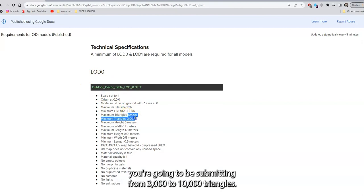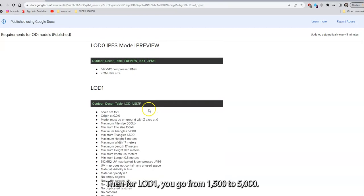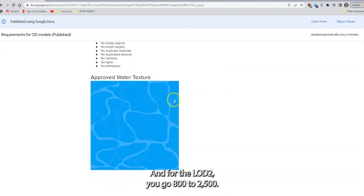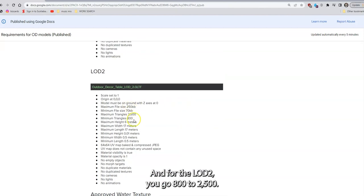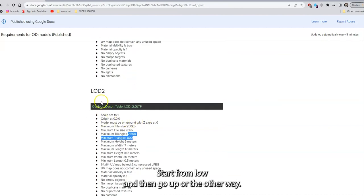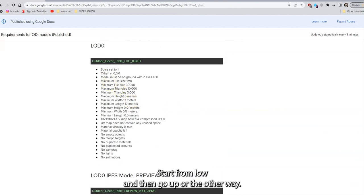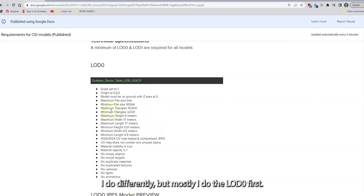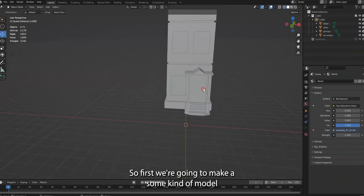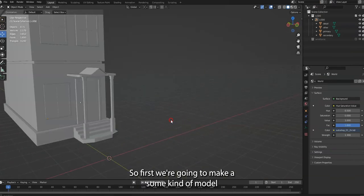Now if we look at the requirements page for outdoor decor, for LOD 0, which is your most important model, you're going to be submitting 3,000 to 10,000 triangles. Then for LOD 1 you go 1.5 to 5,000, and for the LOD 2 you go 800 to 5,000. So it's up to you how you want to do it. Start from low and then go up, or the other way. I do it differently, but mostly I do the LOD 0 first. So first we're going to make some kind of model,